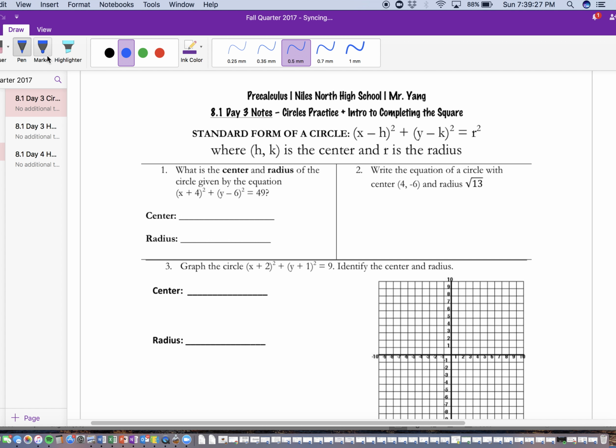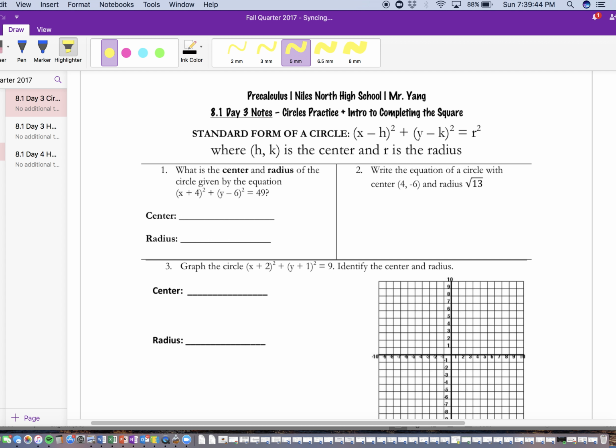Hi guys, in this video we're going to take a look at the 8.1 Day 3 opener. I just want to make this video so you guys can have it to reference when you're studying for the test. So if we remember from class, the standard form of a circle is given by the equation